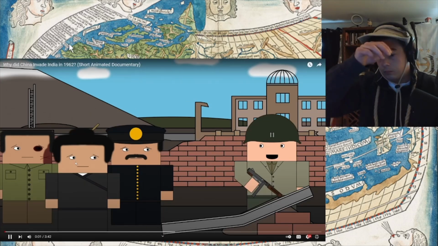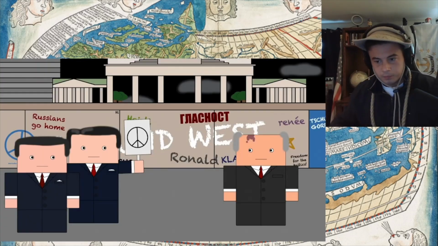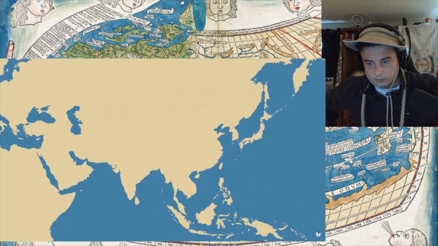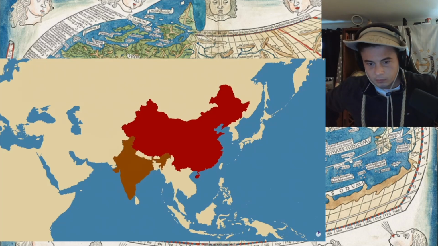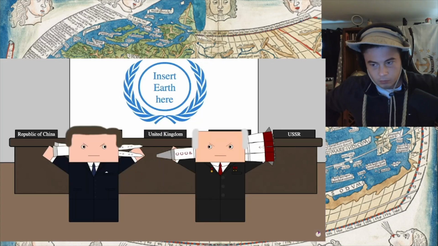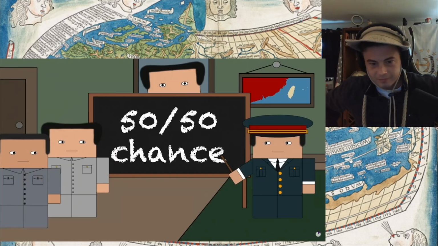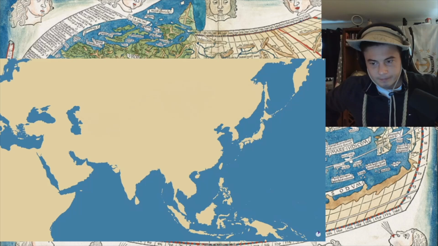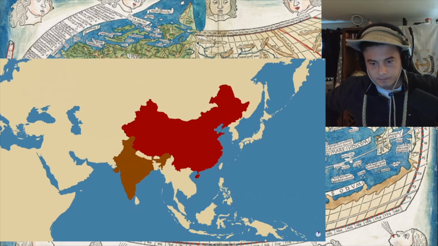After World War II, conflict between major nations became much rarer. Yet in 1962, a large-scale land war broke out between the People's Republic of China and the Republic of India over these lands. And after the war, this bit was taken from India and became a part of China. But given how things were at the time with the Cold War and how unsure the outcome was, why did China invade India?